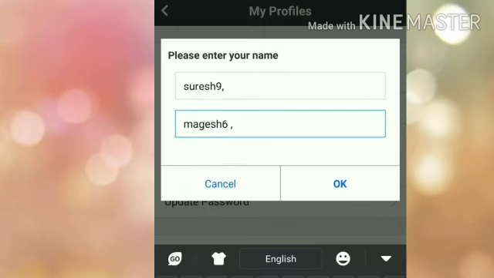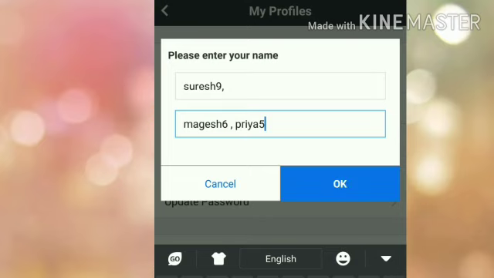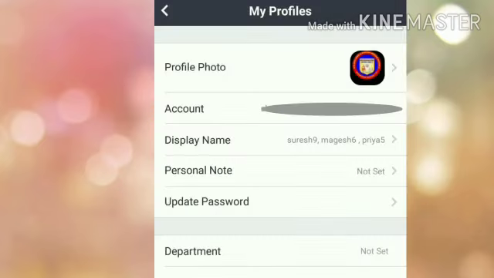Okay. If you have more than two children using the same ID, put a comma and write the next name. For example, Priya 5th standard, which means Priya is studying in 5th standard, and click OK. Now the display name has been completely changed to Suresh 9, Magesh 6, Priya 5.